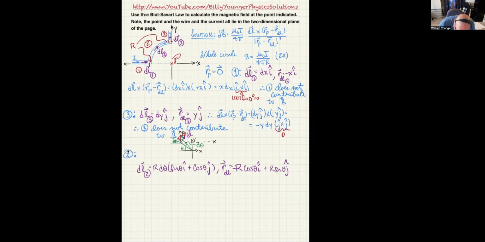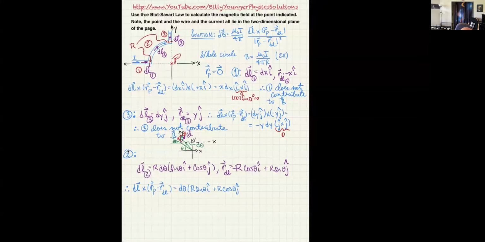RP minus RDL. So dl cross RP minus RDL is actually equal to R cosine theta. I'll leave the d theta out in front. So I'm going to first write this like this. I'm going to say d theta, and then I'm going to say R sine theta i hat plus R cosine